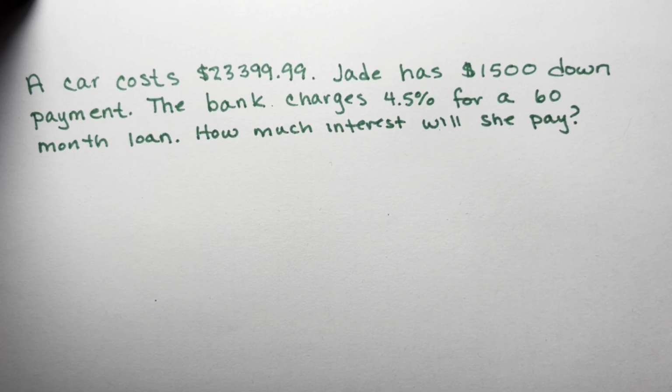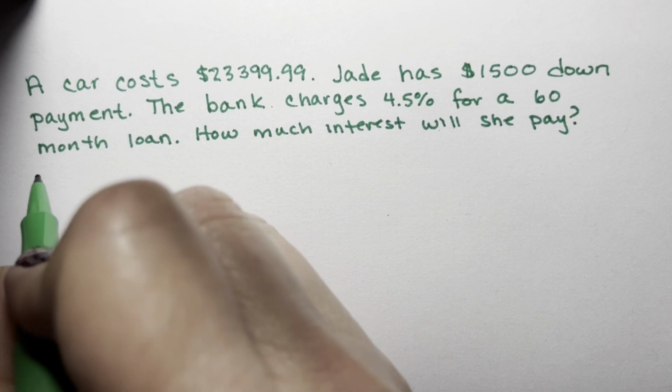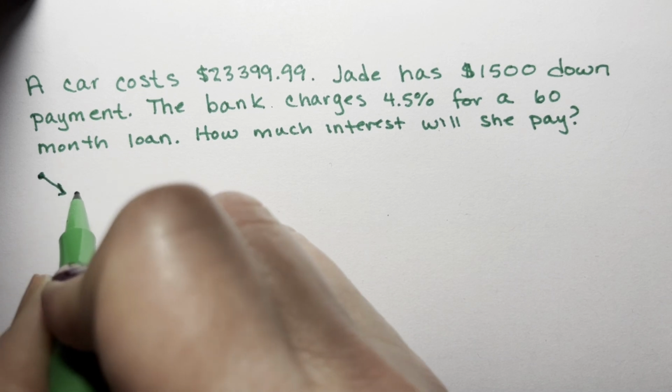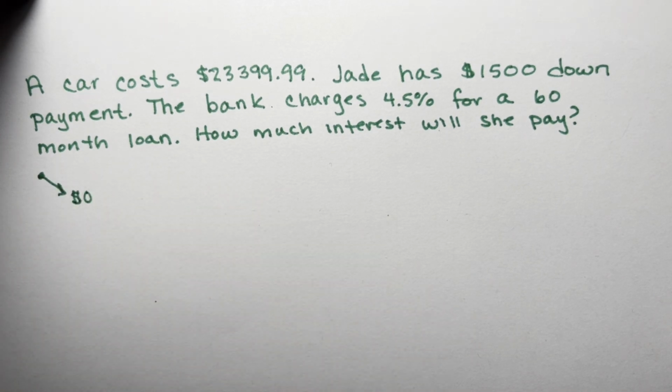In today's video, I am doing an example of a sinking fund. In other words, you know how much money you have at the beginning and you're paying it down to $0. Within this video, Jade buys a car. She has a down payment. She pays off her car in 60 months, but then we also know the question is how much interest will she pay? There's a lot of things going on in this problem,